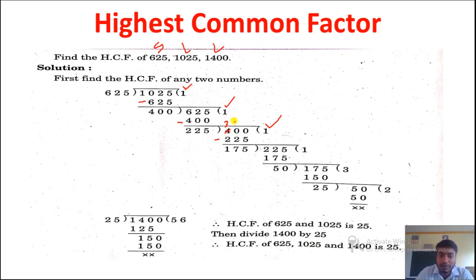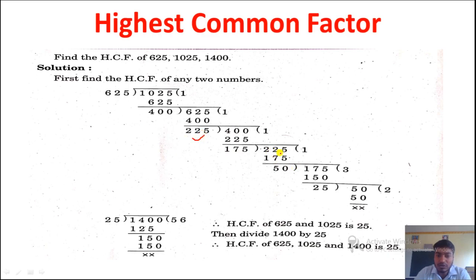And this will become 10. Now from here also we have to take the borrow, so this will become 9 and this will become 10. Clear? Now 10 minus 5, 5; 9 minus 2, 7; and 3 minus 2, 1. So here we got 175 remainder. Now by this remainder we will divide this divisor.